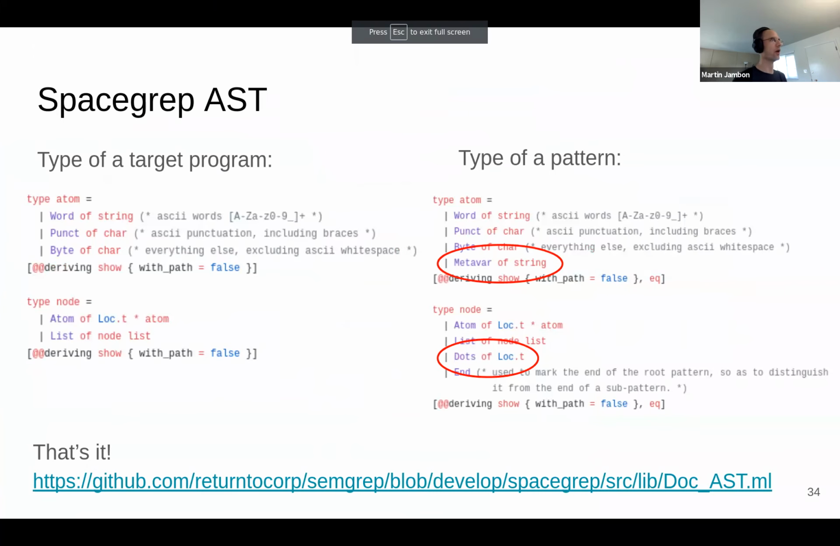So how does it work? Well, I wanted to show you a bit of the OCaml code involved, because it's so much simpler than the full-fledged generic AST. So the view of the program is really simple. A program is made of atoms that are one of those three things. It's a word, a punctuation, or a byte,